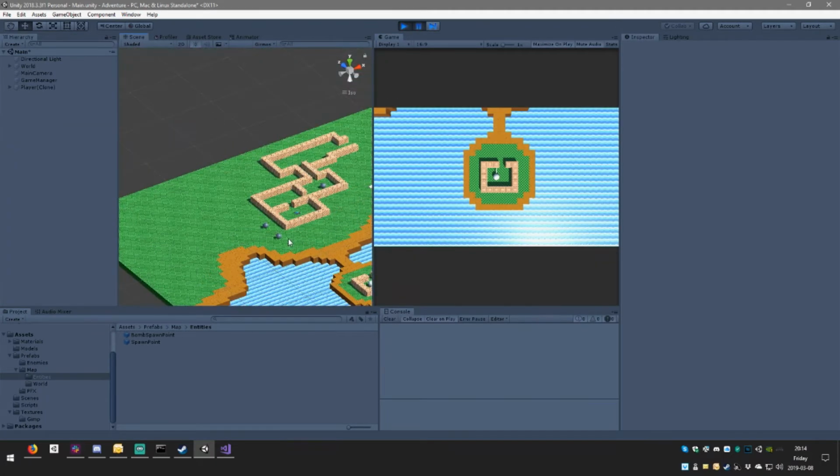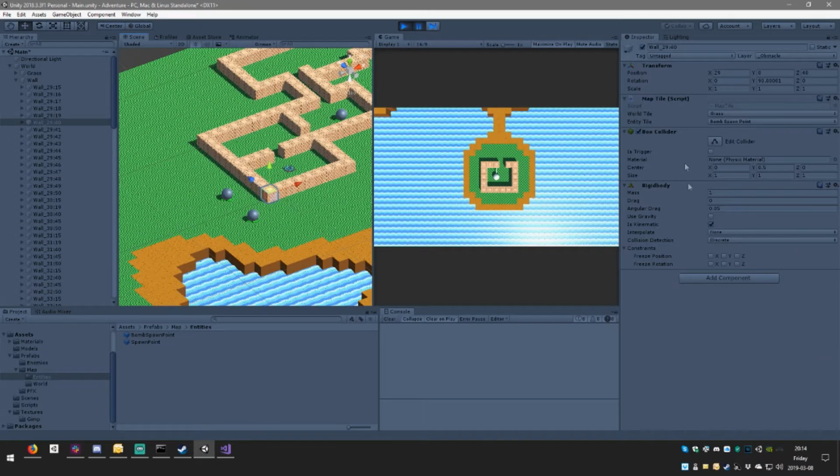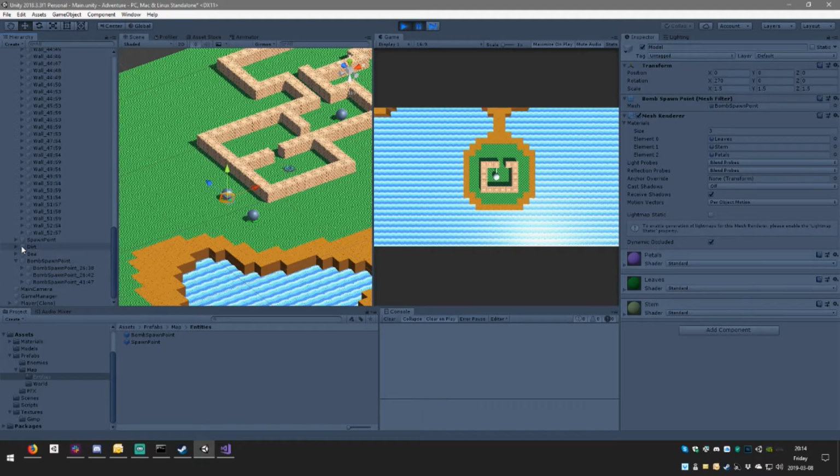So let's see the situation here. This wall has a box collider and a rigid body. This is a box collider and a rigid body. I have a suspicion. I think the bomb...